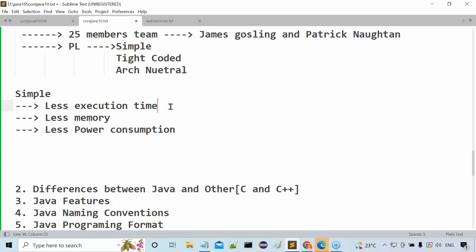They wanted to prepare this programming language to prepare software for electronic consumer goods like remote controllers, cable TV, and switch boxes, where performance must be higher, or not? If you want to maintain high performance for this end product, the internal software must execute in a quick manner, or not? Because of that reason, they wanted to prepare a programming language with what? Lesser execution time.